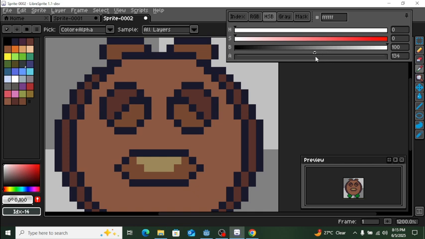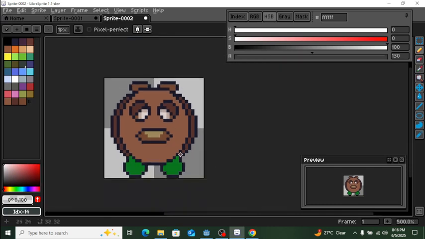Go over the alpha tuning, decrease it to around like 128 basically, and let's just keep filling it over here. Okay, but